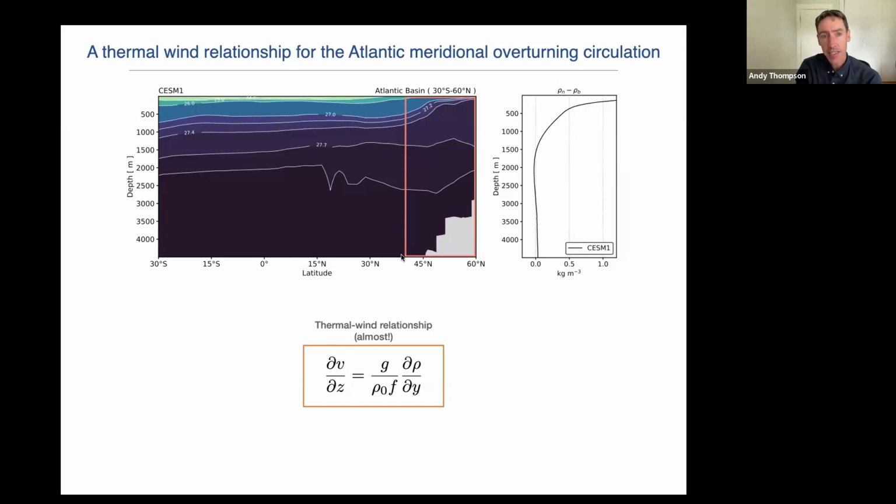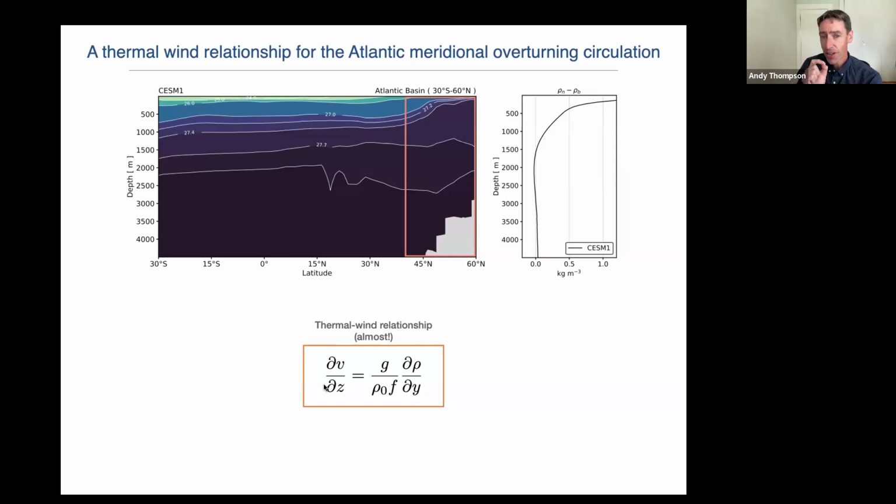You can see that these density surfaces are mostly flat throughout the Atlantic Basin, but as you get into the high latitude North Atlantic, places where you have cooling, where you're making deep water, you can see that there's a tilt in those density surfaces that gives rise to a north-south density difference. Now we know in the ocean at large scales, the ocean is governed by the thermal wind equation, where we can relate a north-south density difference to a vertically sheared velocity.